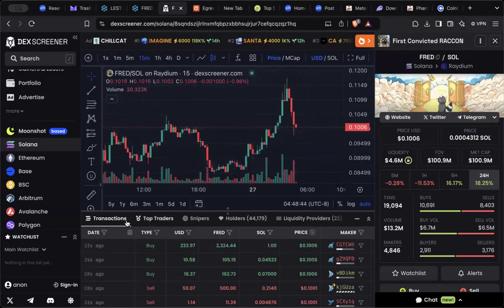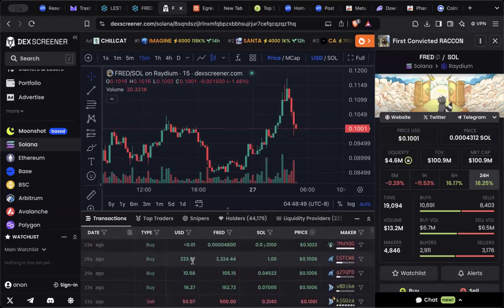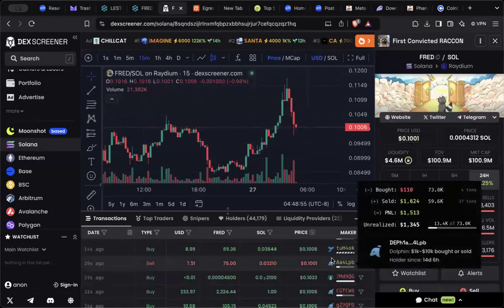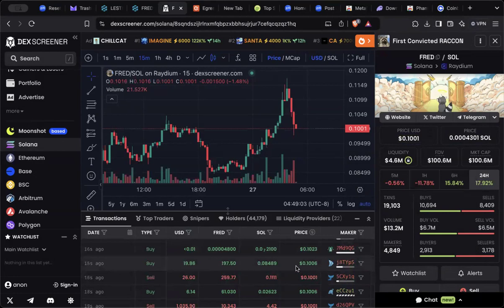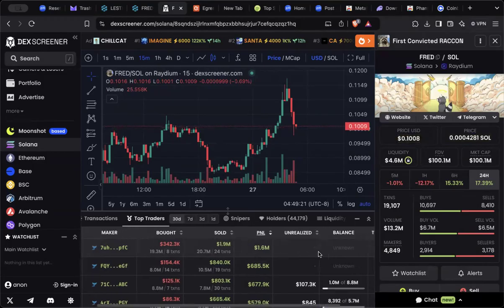Now, if you go to the bottom here, it tells you the transactions people are buying right now. Over here has different icons, so it tells you who's buying. So this one is a whale, so that means buying or selling, and so on and so forth. So people are constantly buying and selling. Now, if you click onto the next one, which says top trader, now on here, it will tell you who's bought, how much they've sold, how much they've made, and how much money they have left